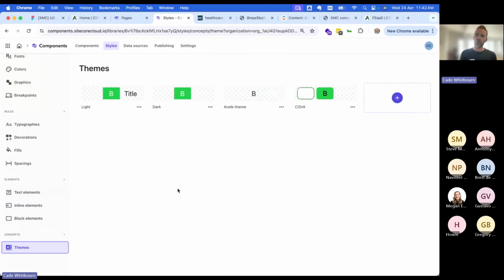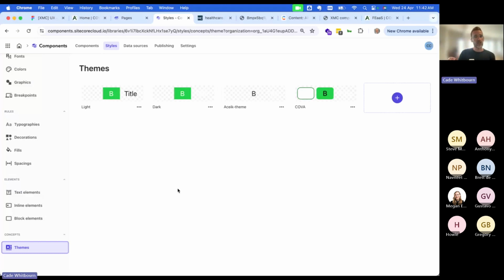And then when it comes to creating a component, rather than having to style each bit of that component, you can just apply a theme to the entire component, and it will automatically apply the right styling to each element within that component. So that's kind of cool, and I'll show you how that works. But the real benefit there is that you can apply a theme to each of your components, and then at some point down the line, when the inevitable rebrand comes,